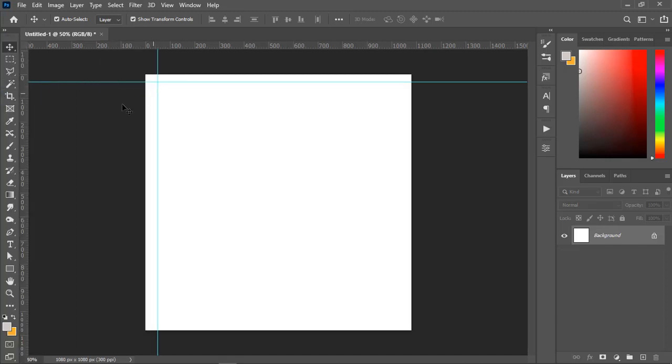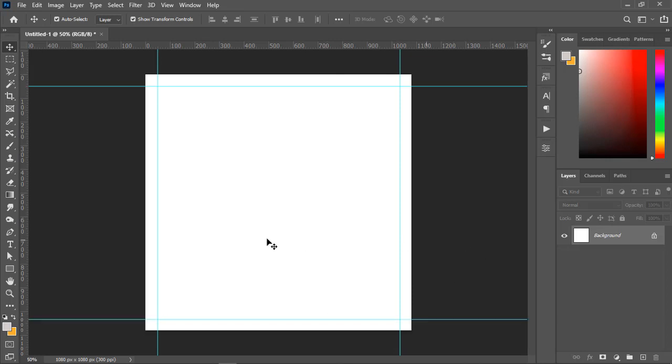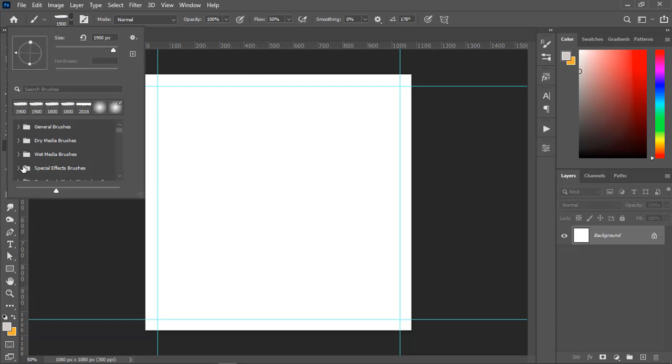I can also use the brush to design a banner or poster. And this is my brush tool. The shortcut is B. If you press B, you are going to see